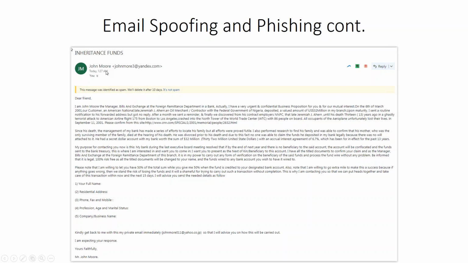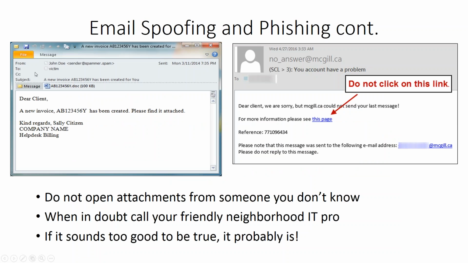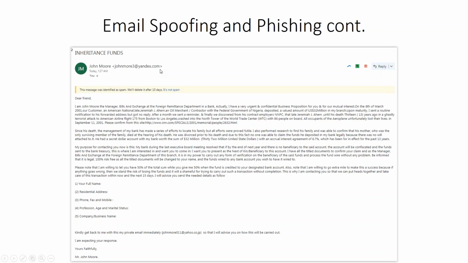So here's an example. This is from our friend John Moore. And you can already see his name is spelled differently in his email address. Yandex.com is nothing that in my 10 plus years of doing this that I've ever even heard of. But he goes on to tell me, dear friend, because we're friends now apparently, and he's got a lot of money to be sending me because of the lost American airline flight that crashed in the World Trade Center. It's just a lot of BS to try to get me to